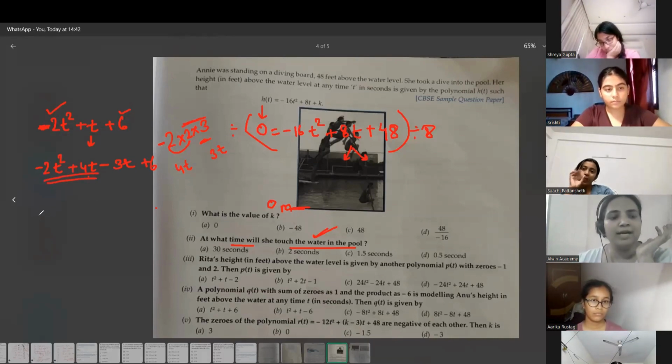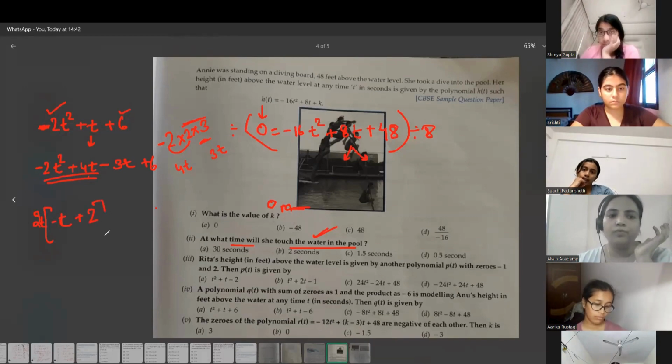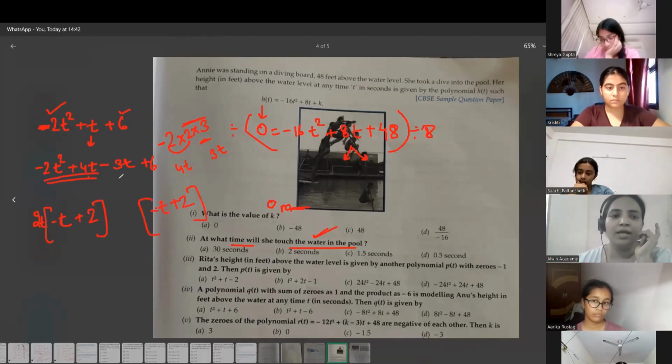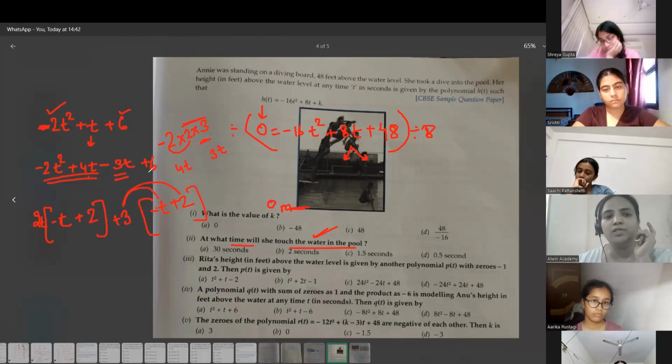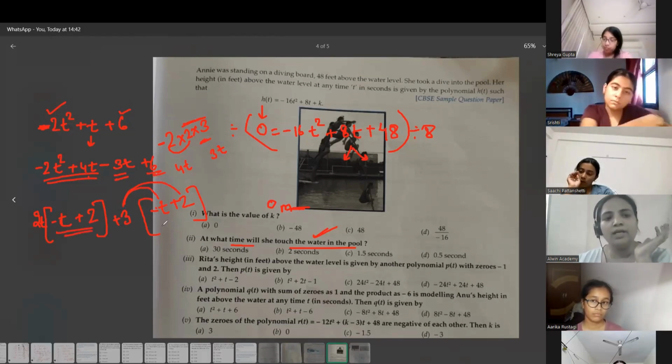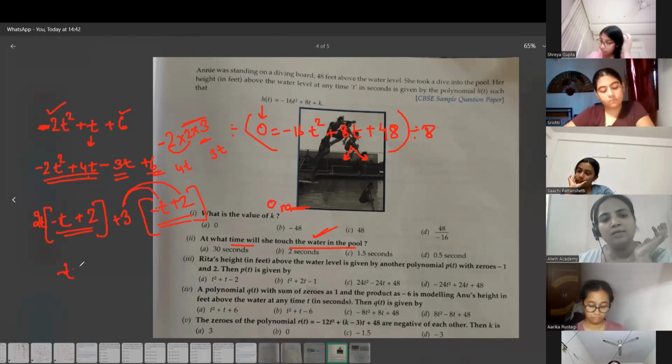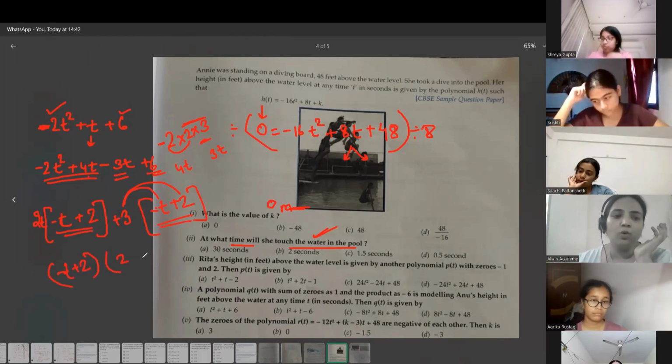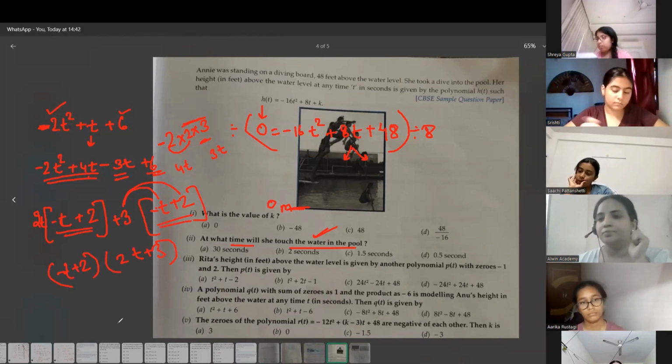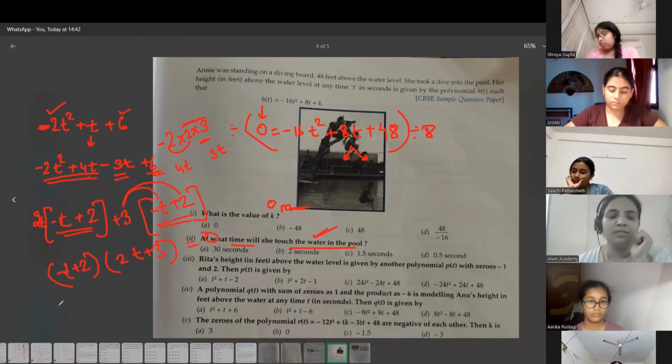Now from the first two, I'll take common 2. That will be minus t plus 2. Minus t plus 2, we've got from the first bracket. I'll repeat the bracket as such, minus t plus 2. And now I'll have plus 3 outside. Plus 3 together with minus t is minus 3t and plus 3 with plus 2 is 6. So we are going correct. Now minus t plus 2 in one bracket and 2t plus 3 in the other bracket. If both are equal to 0, that means either of these is 0.